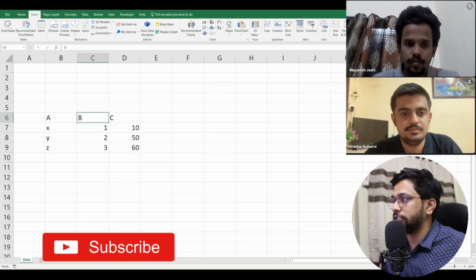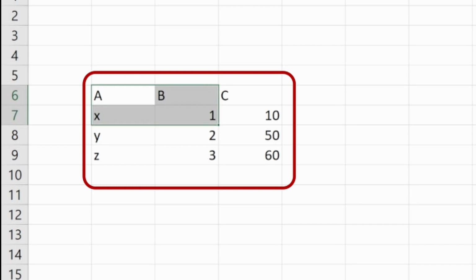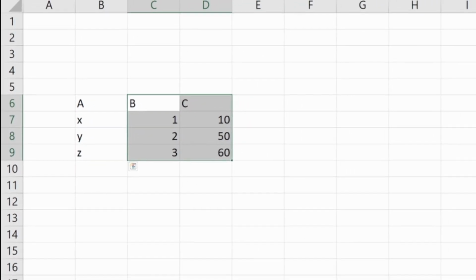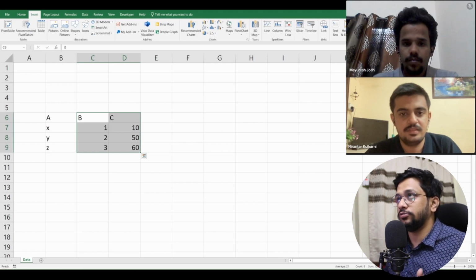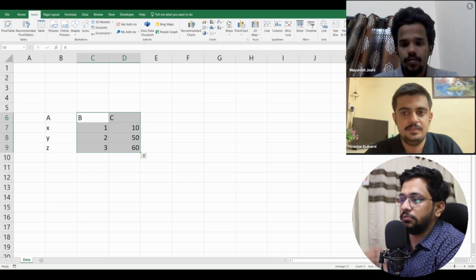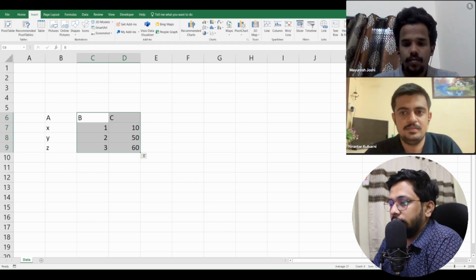Today we will have a look at visualizations, what kind of visualizations there are, and when to use which visualization. Hi Nirantar and Mayuresh. We just have three sample columns with us. I guess these are enough to explain different types of visualization. One is categorical, XYZ, and the other two are numeric ones. First I wanted to understand what kind of different visualizations you guys know of. You can maybe help me understand one at a time.